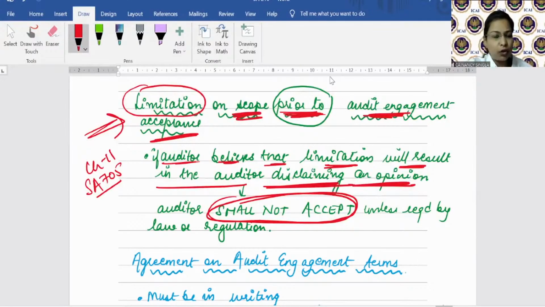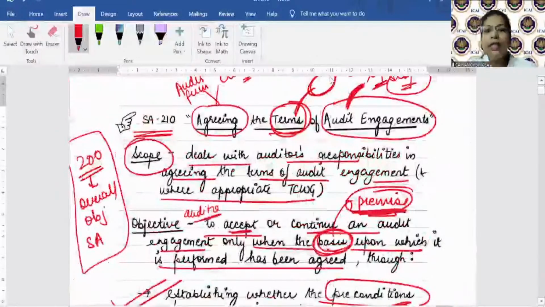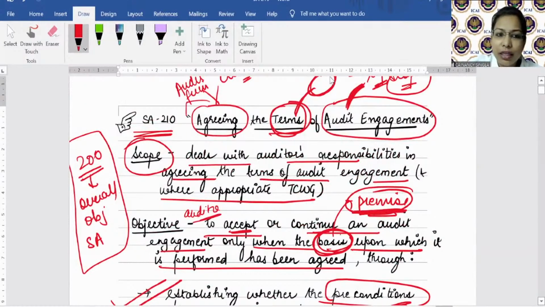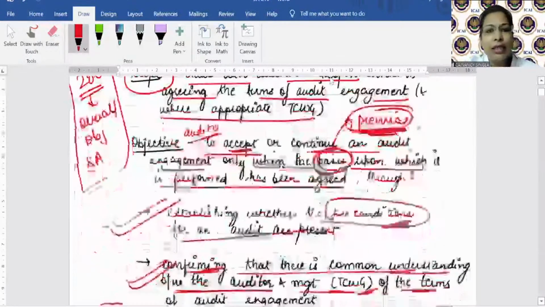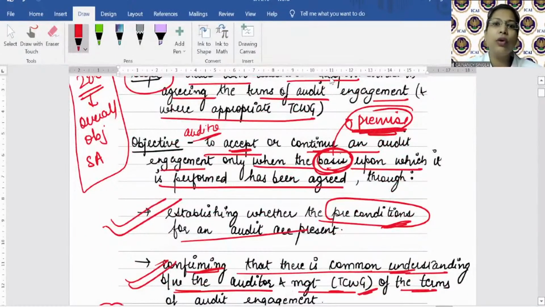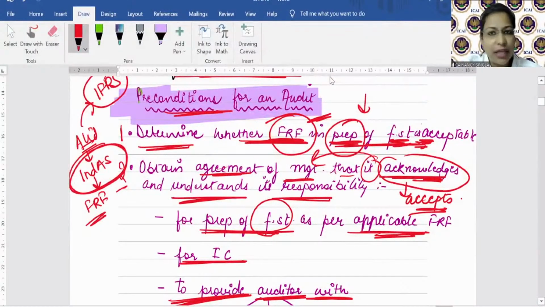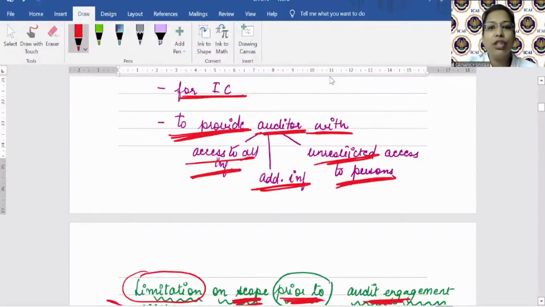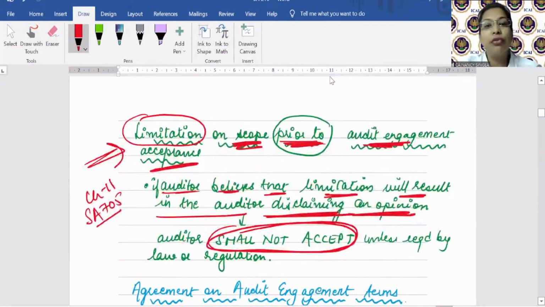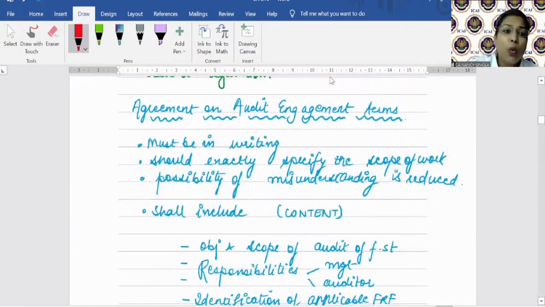क्लियर है, सिंपल है। तो अभी तक देखो हमने 210 में क्या पढ़ा, scope क्या है, हमें देखना है कि auditor responsibility क्या है with respect to agreeing the terms of audit engagement। Objective क्या है, तभी accept करना है जब premise और basis on which audit is performed वो है, वो क्या है कि pre-conditions होनी चाहिए और जो भी agreement है उस पर common understanding होनी चाहिए। ठीक है, preconditions for an audit क्या है, that FRF के हिसाब से बना होना चाहिए which should be acceptable। Management should acknowledge, मतलब उनको पता है, accept कर रहे हैं, and understand their responsibility for preparation of financial statement, internal control, providing auditor with all information, additional information, unrestricted access to persons. पहले से ही कोई limitation है, before acceptance of audit engagement, do not accept that, so auditor shall not accept that. Clear? ठीक है।